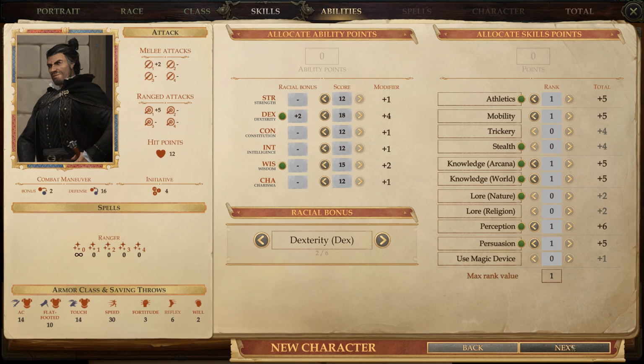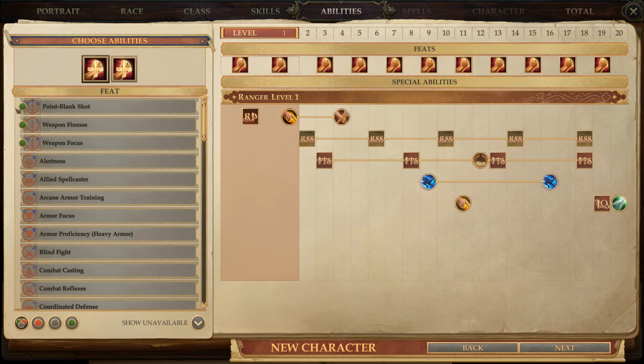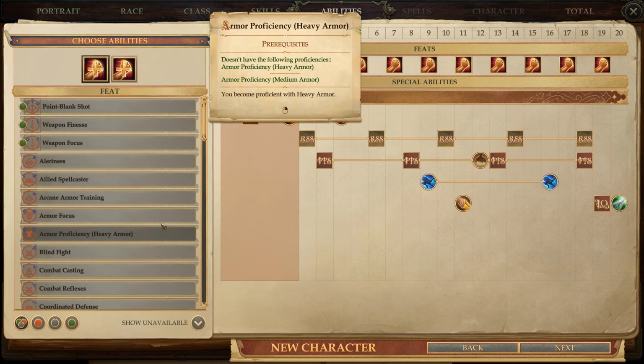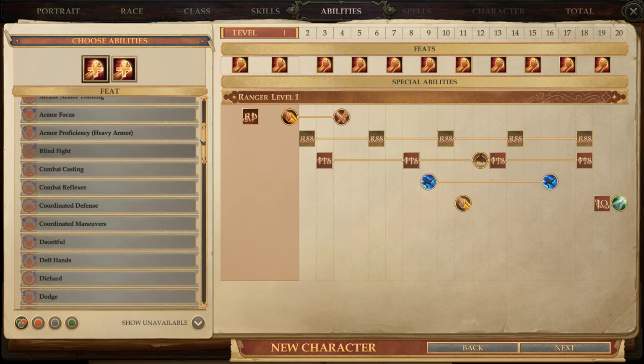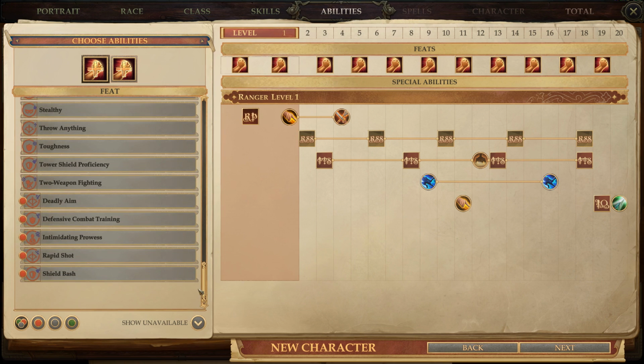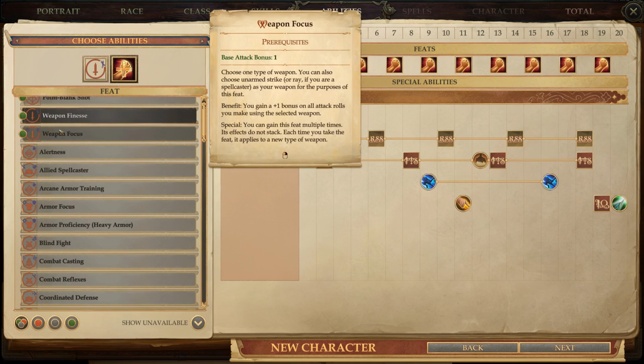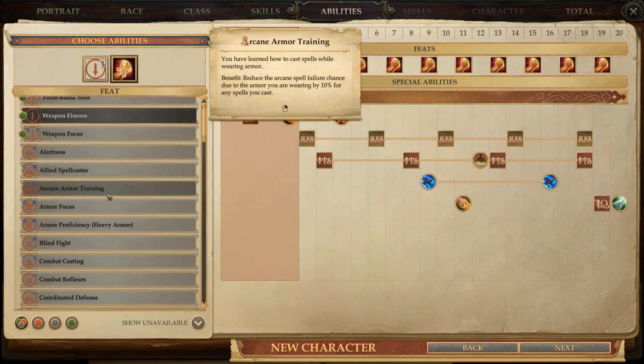And let's choose our next thing here. So we have point blank. These with the green circle are recommended feats. Here is the entire list of feats, which is extensive. And the ones with the red circles here are not recommended. I like finesse because we are a dexterity-based character,